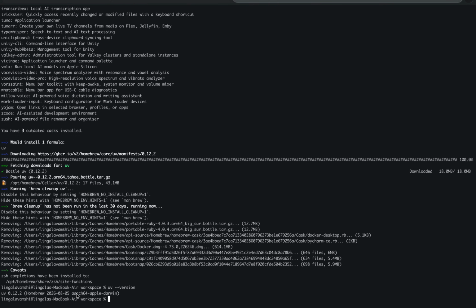Okay, I'm already in my workspace. You can go to any folder that you want for creating the project. So I'm already in this. Let me create a project. How to do it is uv init app